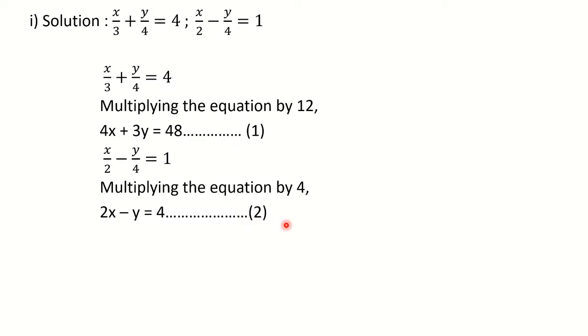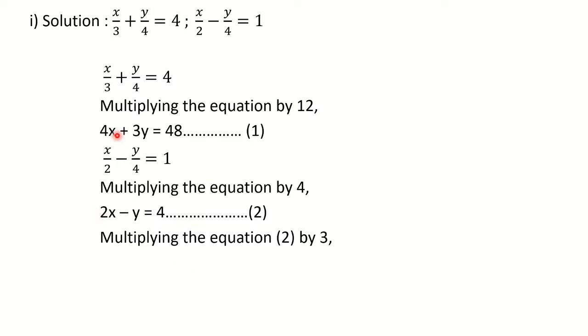Now the next step. Now you know how to solve them. So we have to equate any one coefficient. Either you can equate x by multiplying this equation by 2, or you can equate y by multiplying equation 2 by 3. So let us equate y. So multiply here by 3. So write down the statement: multiplying equation 2 by 3. Why I have chosen 3, you will observe that here a plus sign is there and here a minus sign is there. So addition will help us here.